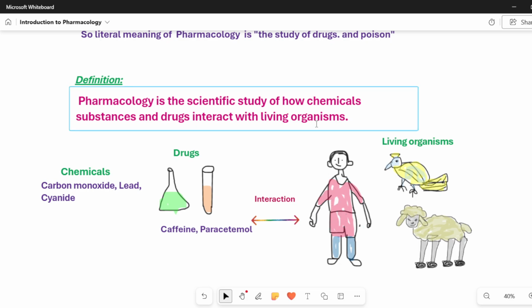So pharmacology is the scientific study of how chemical substances and drugs interact with living organisms, and chemical substances include both the chemicals which are present inside our human body, naturally occurring chemicals, as well as the chemicals outside the human body, like carbon monoxide, lead, and cyanide. So, this is the definition of pharmacology.